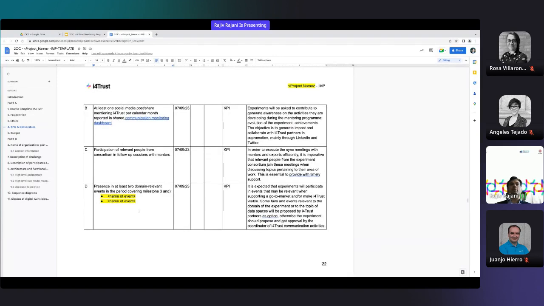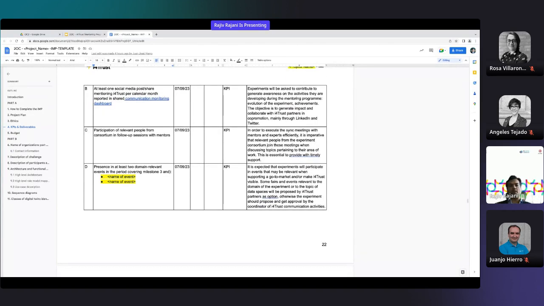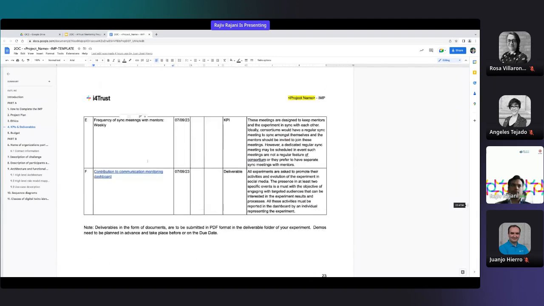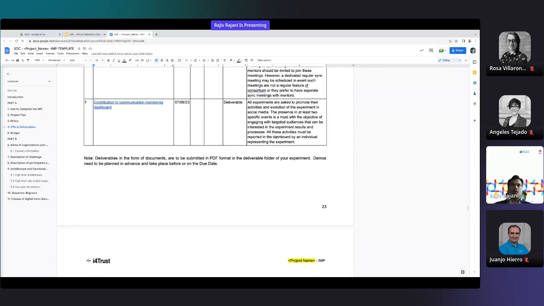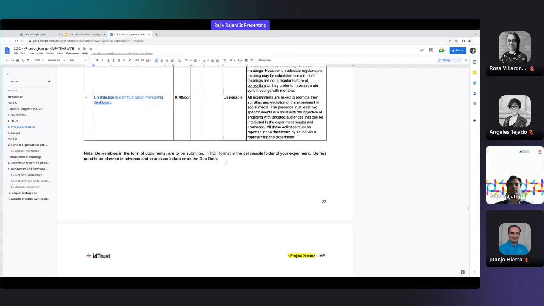So these are overall KPIs which we evaluate at every stage, as well as in the final milestone. Please make sure that you go through this KPIs and deliverables list thoroughly and understand what these are. And if you require further clarifications or have further questions, of course, you can share them with your mentors or via the help desk.